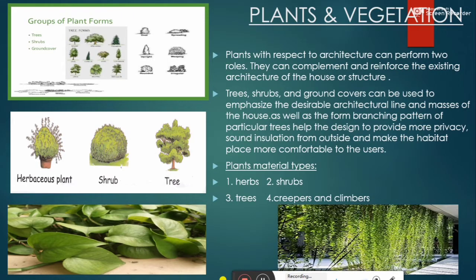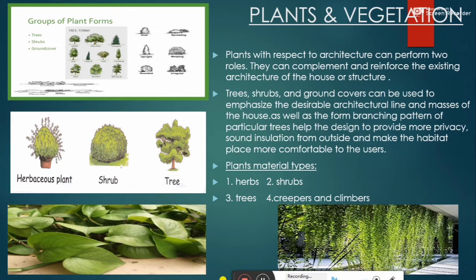Here I am going to discuss some landscape designing elements I have implemented in my design. First, there are plants and vegetation. Plants with respect to architecture can perform two roles. They can complement and reinforce the existing architecture of the house or structure.